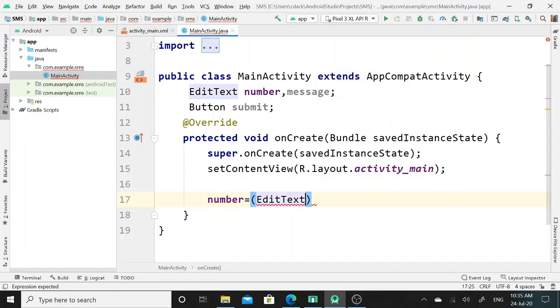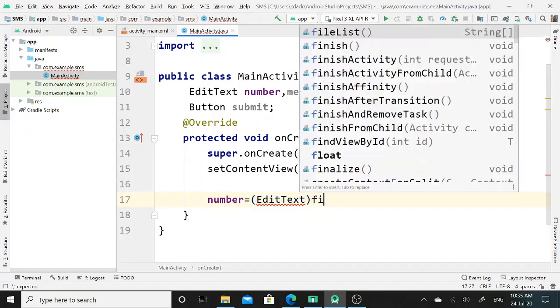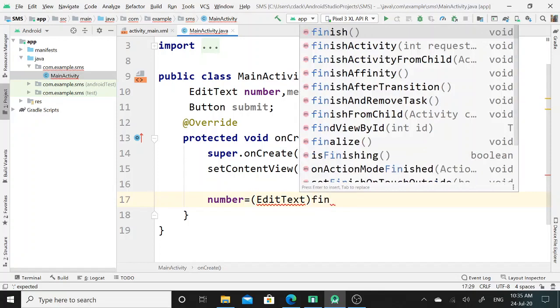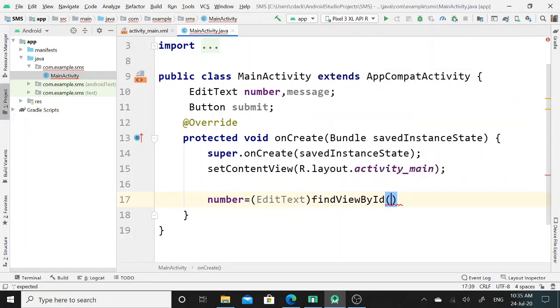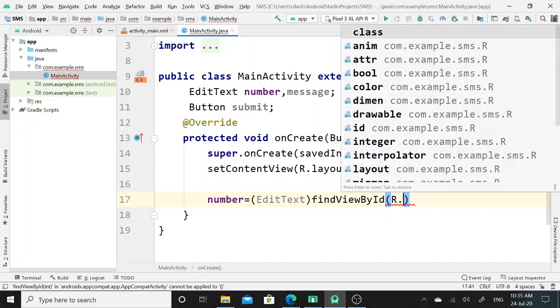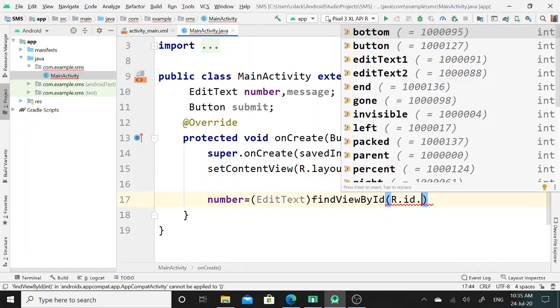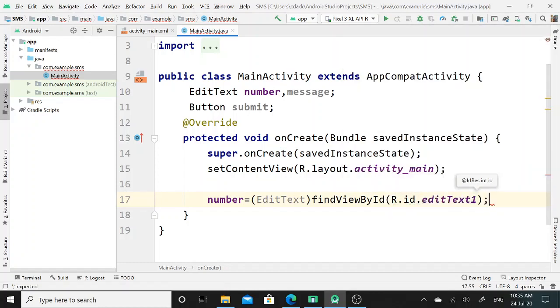Its class name is EditText, and to search the ID of the first edit text I will call the function findViewById, and the ID for edit text 1 is present in the R folder, that is R.id. The ID name is edittext1. So in this way this edit text 1 ID has been set to the number reference of this edit text class.